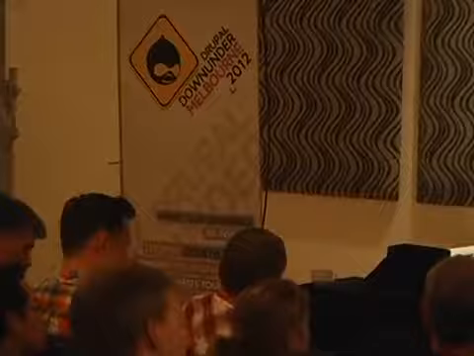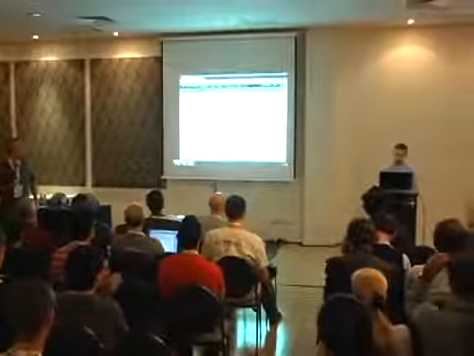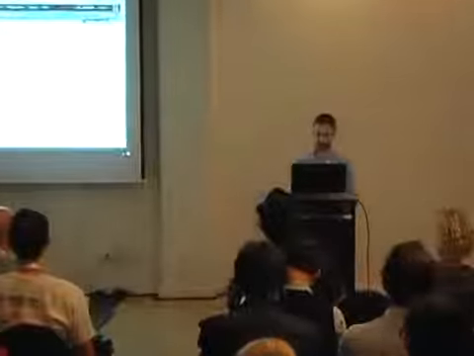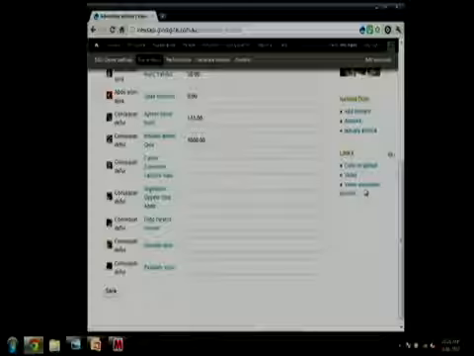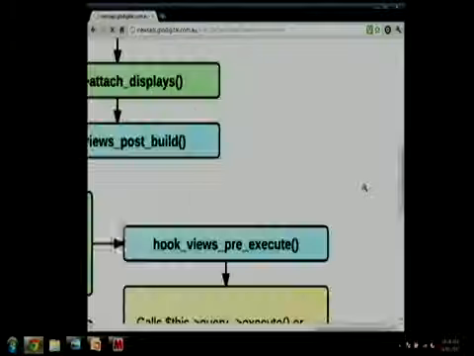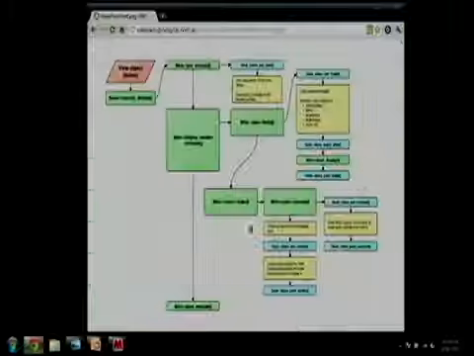I'm just wondering if you have your execution diagram sitting around somewhere. Yeah, so the demo website that I've created is viewsapi.goidigital.com.au, and on the right-hand side, I've got all the code that I showed today, which is on GitHub, a link to download the PowerPoint slides, and the actual diagram here is the Views execution process. Oh, that's really big.